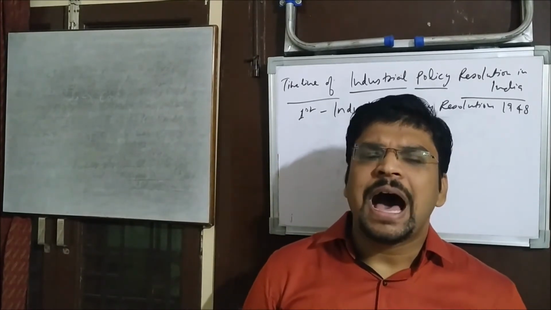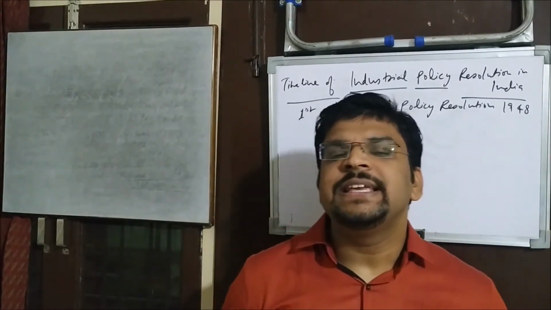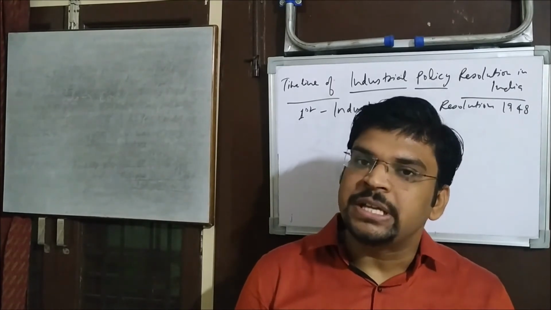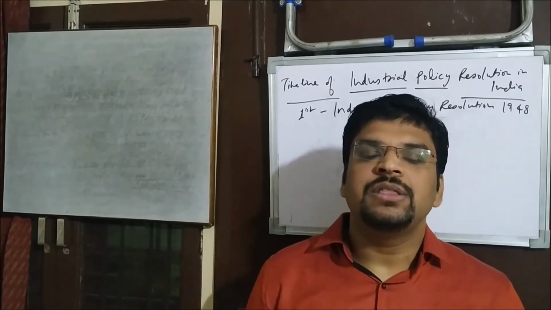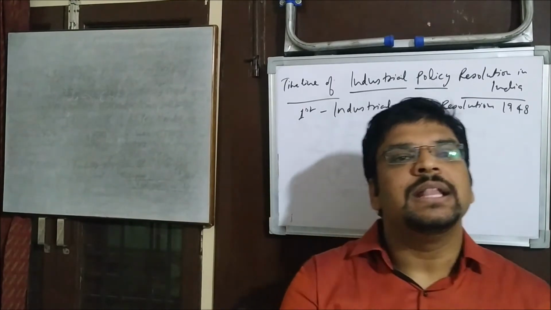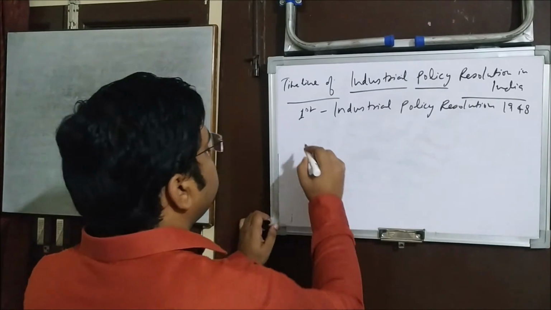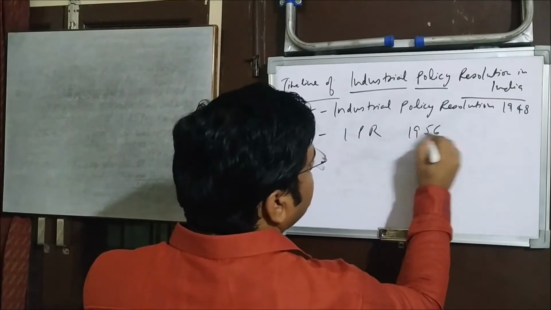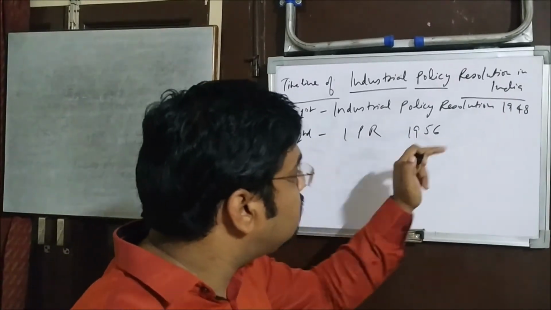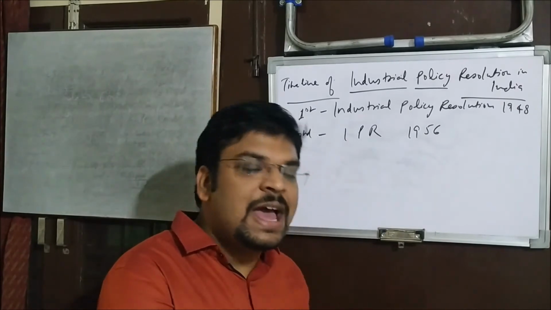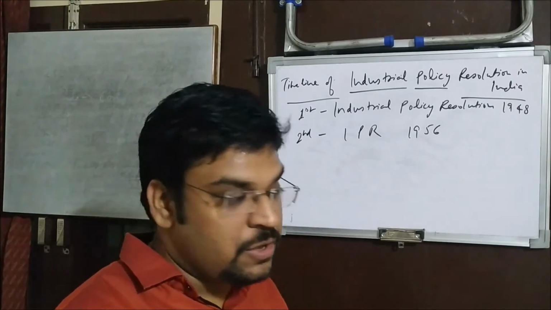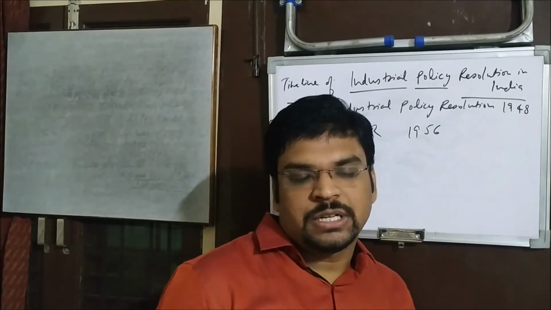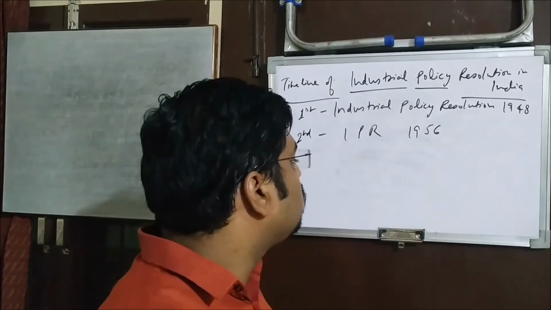But what happened after a few years passed? The government realized they needed to do more planning, and make some changes and amendments in that policy. Thereafter they again planned, and then they announced another industrial policy resolution, which was the second industrial policy resolution in 1956. In this policy resolution they again had certain objectives which they felt were very necessary to be achieved. Like I told you, that is not a part of the syllabus, so I'm not getting into the detail of what was there in that.